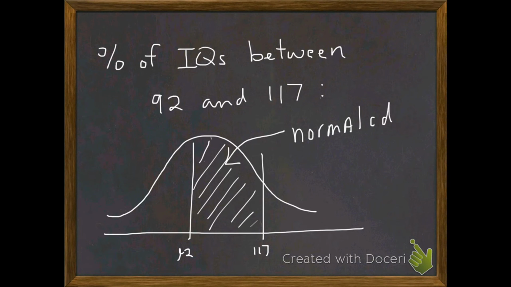And I'm going to show you how to find that in just a second. 92, 117. The mean of IQs is 100, and the standard deviation is equal to 15. Now, things change a little bit. What if we want the proportion